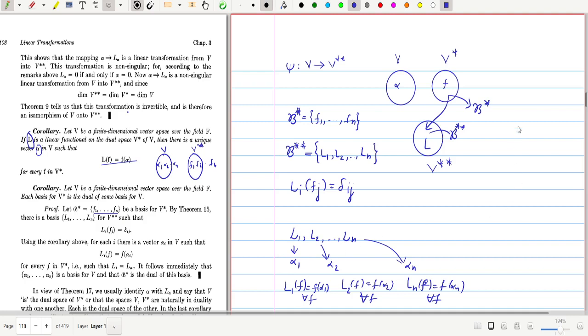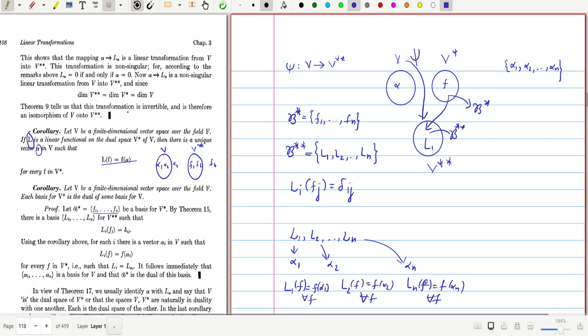Now we can define a new set of elements in V, say alpha 1, alpha 2, etc., alpha n. How do you obtain these elements? These elements are obtained by the first corollary, by taking the inverse images of L1, L2, ..., Ln corresponding to the map psi. That means we can easily define a psi from V to V double star. Then if you choose L1, L2, L3, etc., Ln, you can easily find elements alpha 1, alpha 2, alpha 3, etc., alpha n,